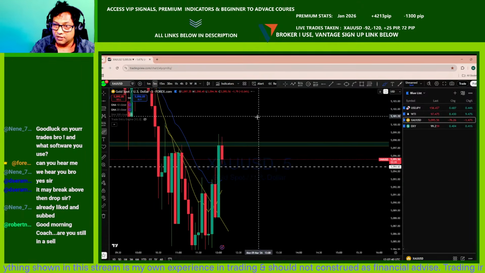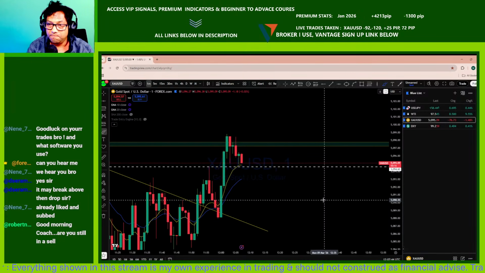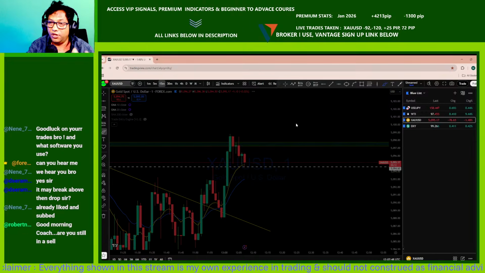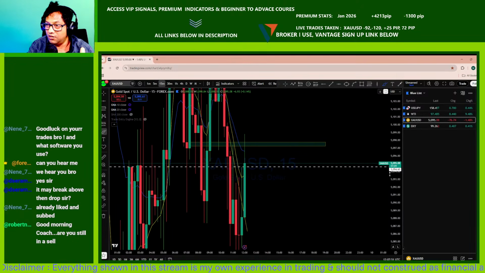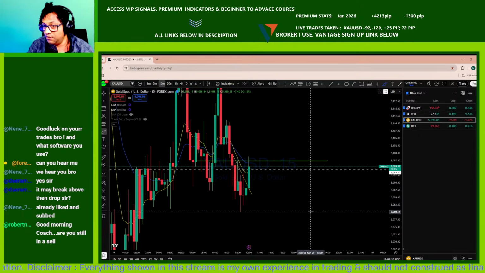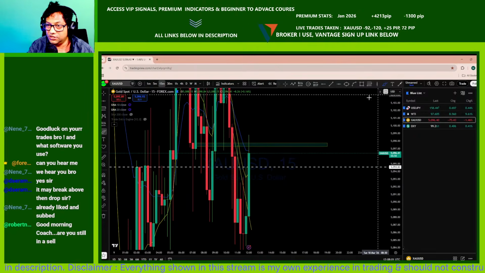This is where the key is, right? We want to see how the 15 minutes candle close created the market structure so that we can look for a sell. Now, if this current 15 minutes candle is closing below, you want to see it closing as a long wick for us to be able to sell. Are you getting my point, guys? This is our plan here.